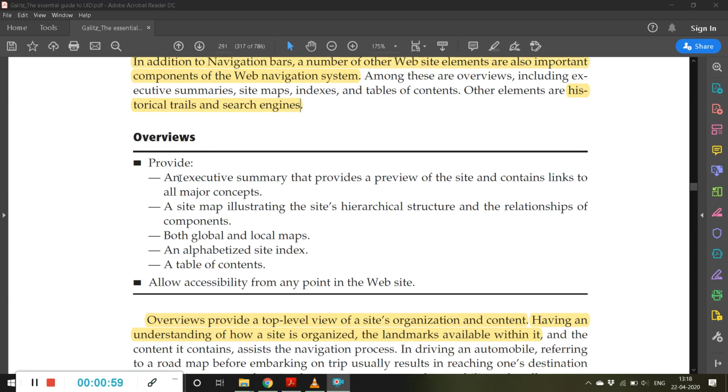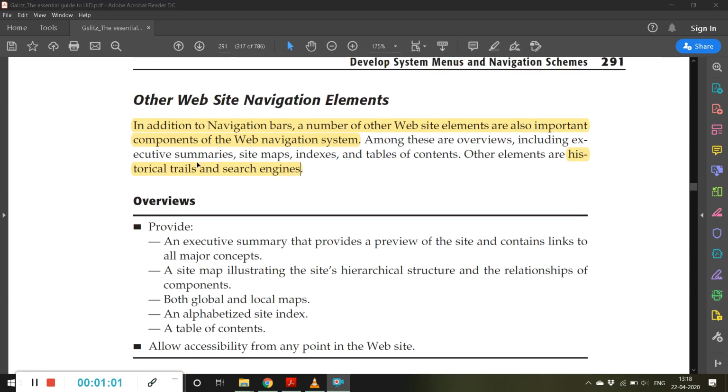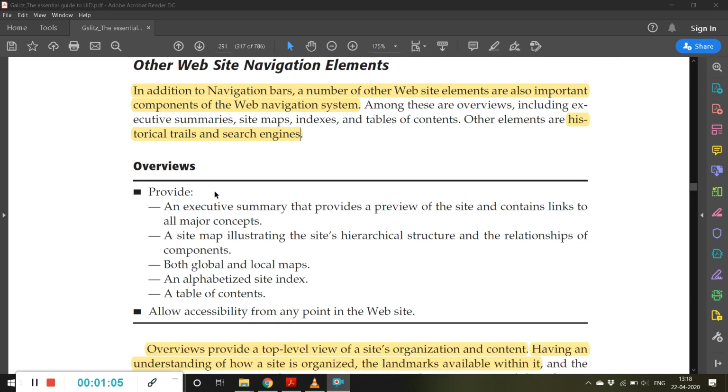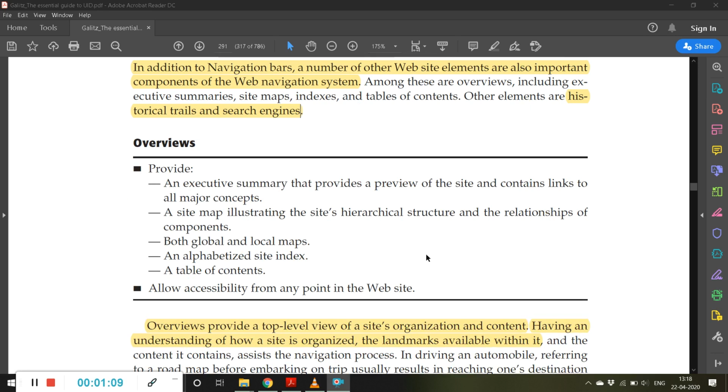Overviews provide an overview. It is also one more navigation element. It provides an executive summary that provides a preview of the site and contains links to the major concepts. It provides an overview of the whole website, or an overview of the concept. It provides the overview of the navigation system or navigation menus.